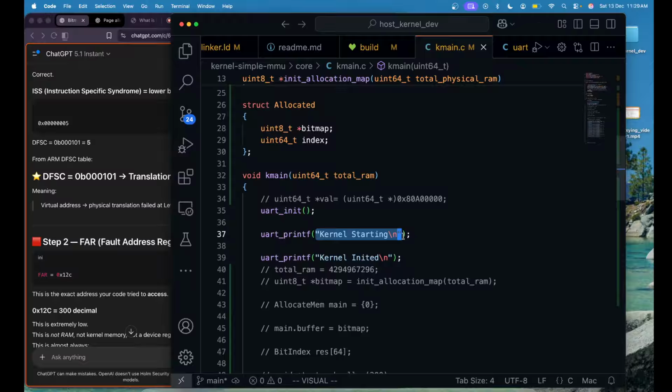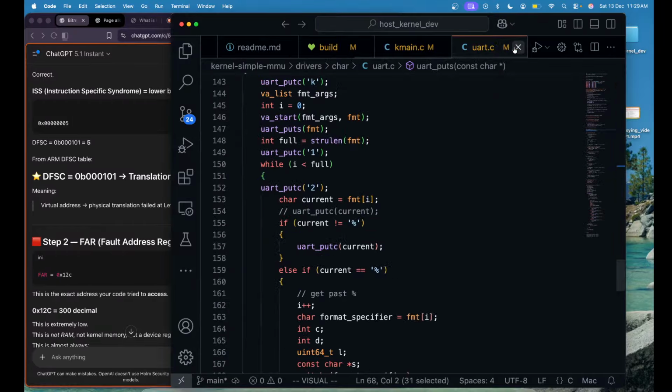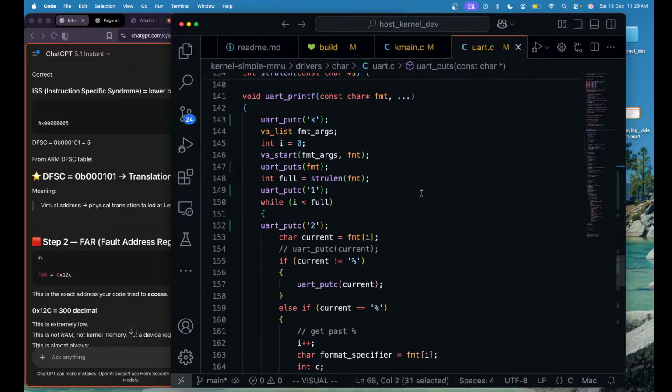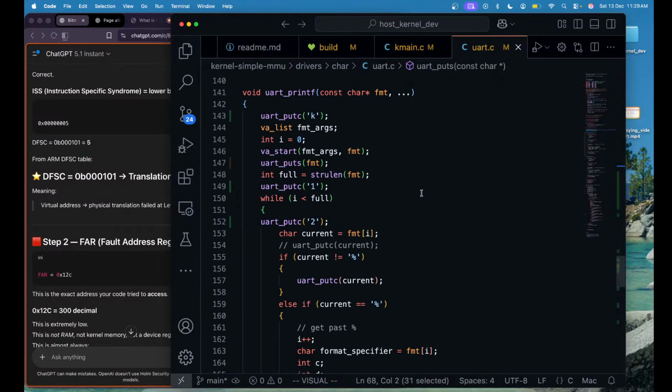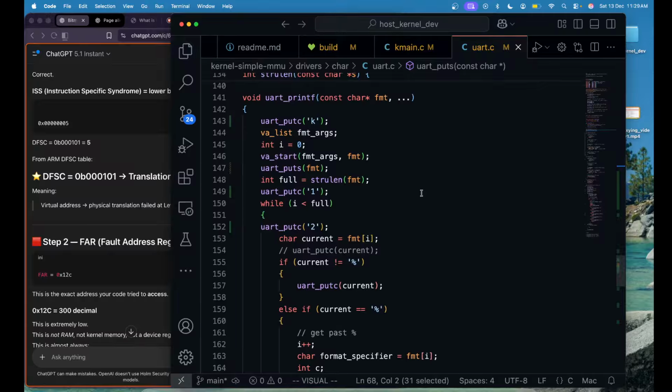Oh God, it's UART, and I have this value, and